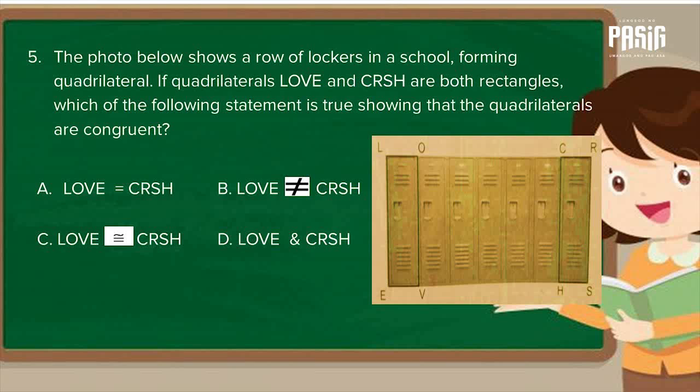A. LOVE is equal to CRSH. B. LOVE is not congruent to CRSH. C. LOVE is congruent to CRSH. Or D. LOVE and CRSH. And the correct answer is